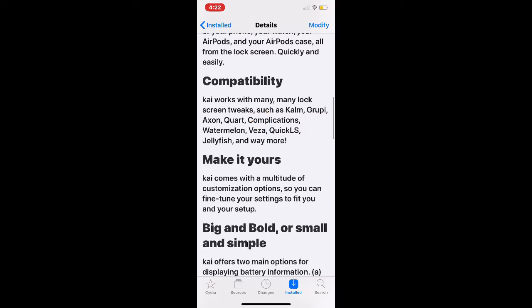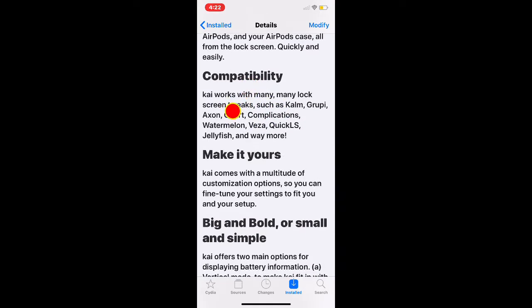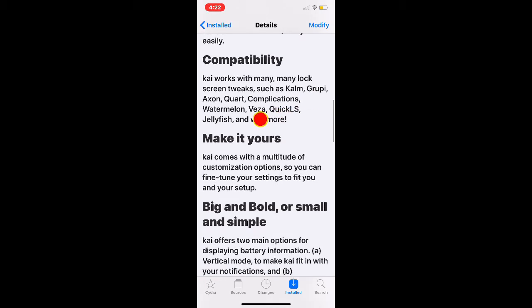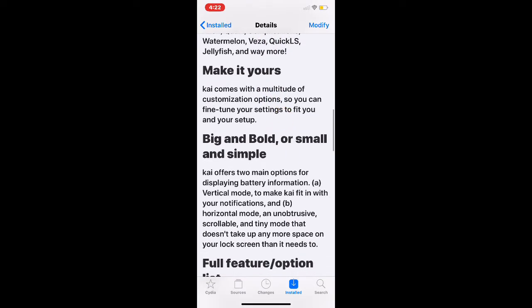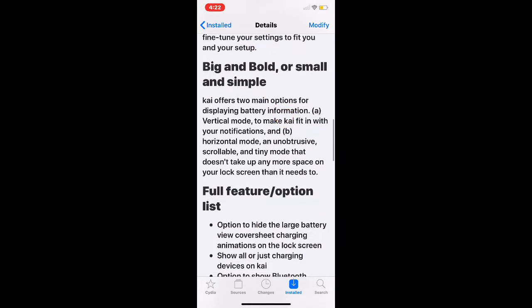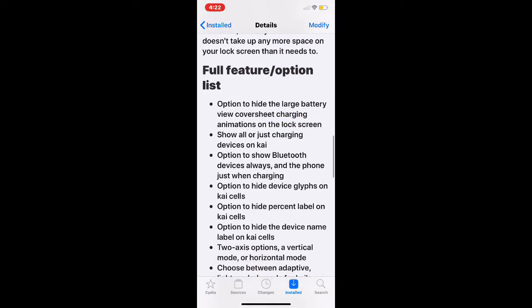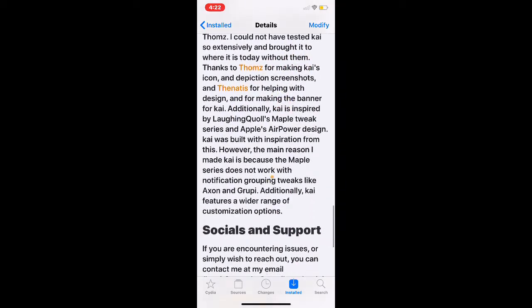So as you guys can see, it is compatible with many lock screen tweaks such as Camel, Gippy, Oxen. All these different tweaks, if you're using them, this tweak will work with that. You won't have an issue. It's really awesome. It explains what you can do, and the full feature option list. Everything is listed right here, the notes, and